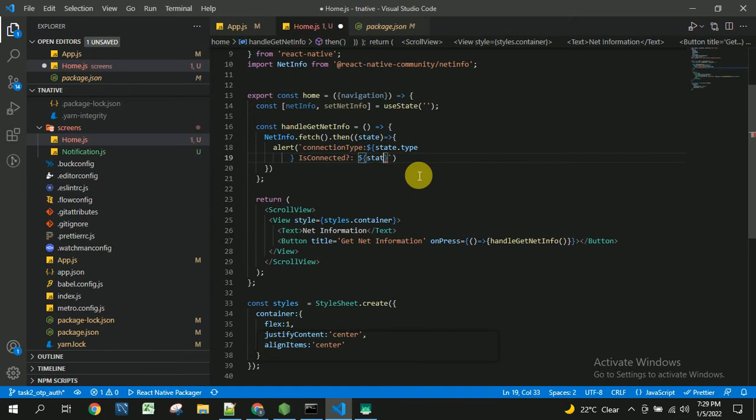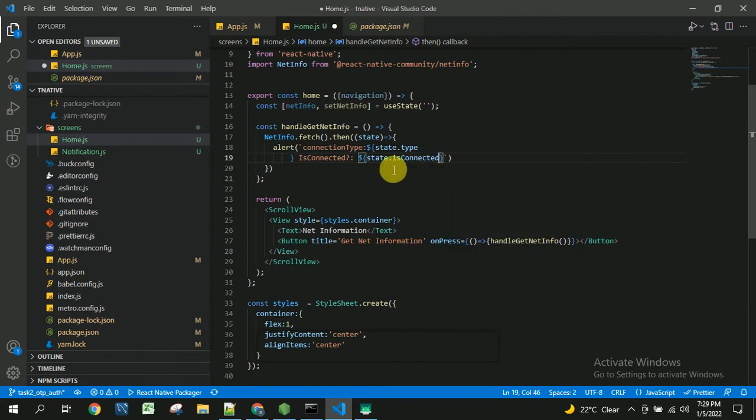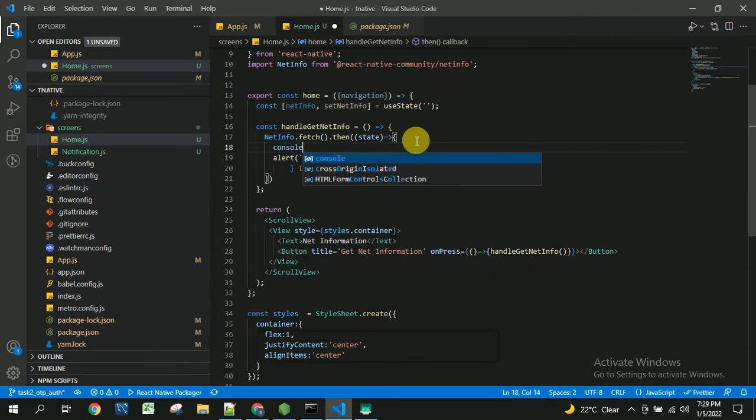So we can have all this information, is Wi-Fi enabled or is internet reachable, is connected, like this. So different things here. As of now I'm logging this in the console, so you can get all the information whatever the state is returning.